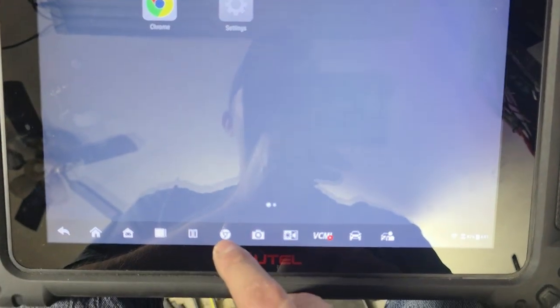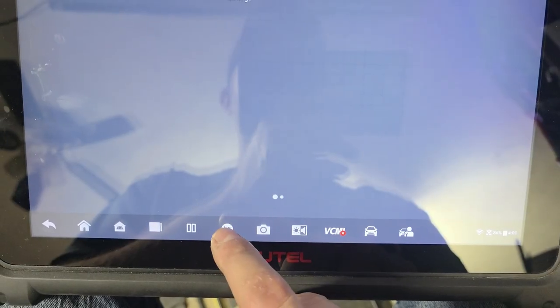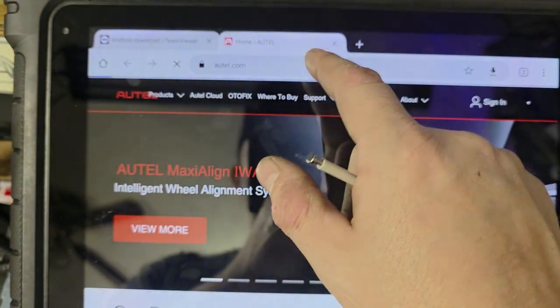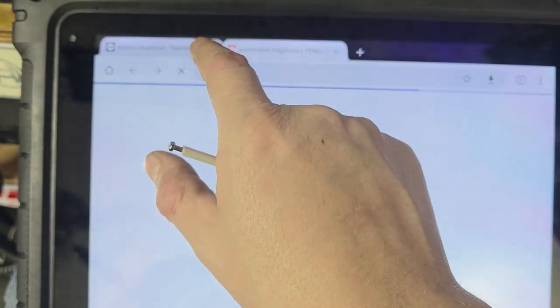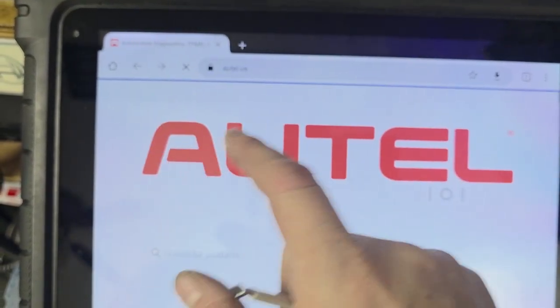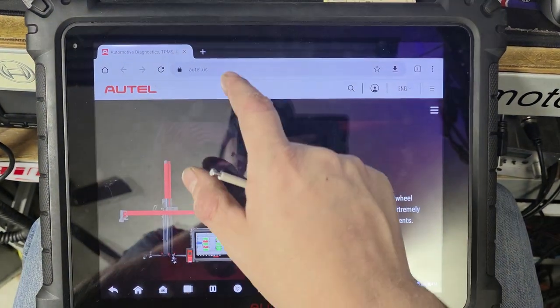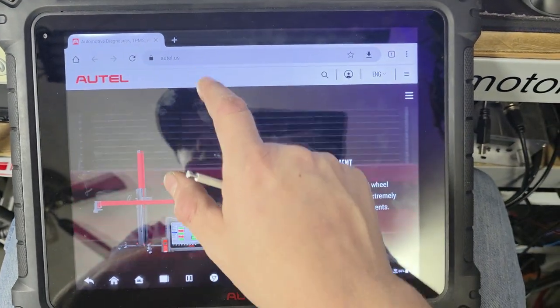First, you want to click this little icon that's down at the bottom. This is for your browser. I probably already have it pulled up, but I'll show you as if I'm doing it from the beginning. So this is how you're going to get support. Just go to